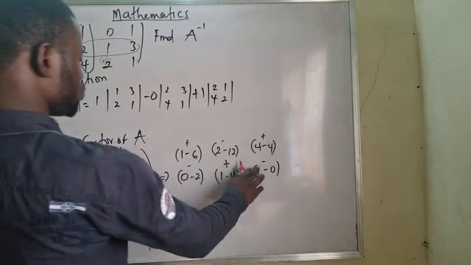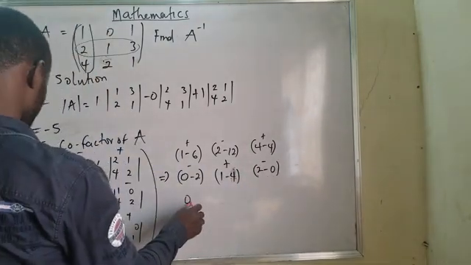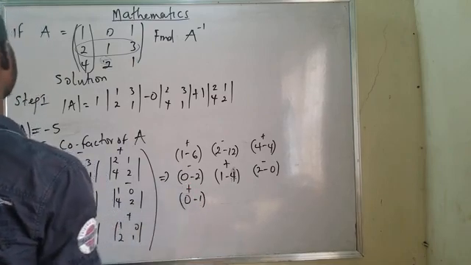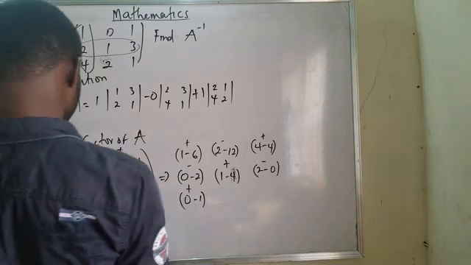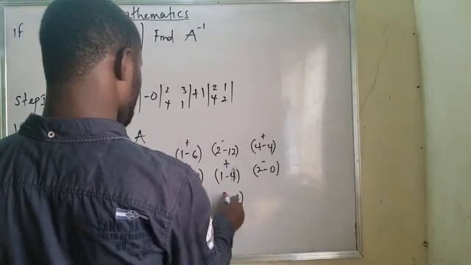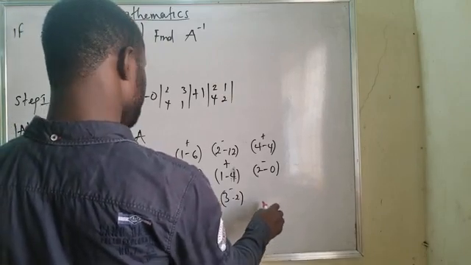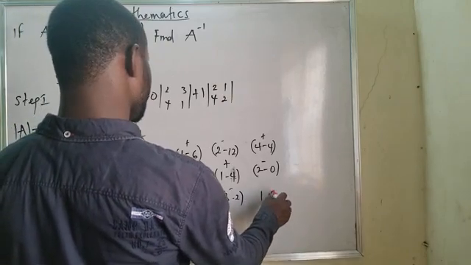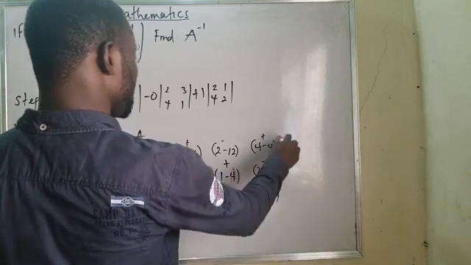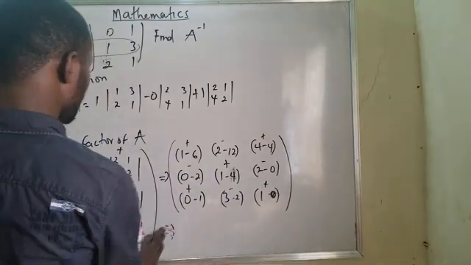Oh sorry, 2 times 1 is 2. Now the last one will be 0 minus 1, plus will be here, and it will also be 3 minus 2, minus will be here, and the last one will be 1 minus 0, plus will be here. Now can you see, it means my cofactor